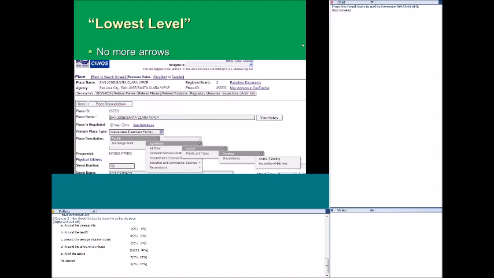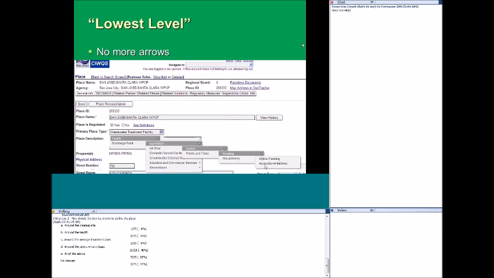So here we have what it's trying to describe as the lowest level, and you know it's the lowest level because there are no more arrows. If you look at the screen here, we've selected facility, that has an arrow. We go to agriculture, that has an arrow. We go to animals, that has an arrow. We go to growing, that has an arrow.